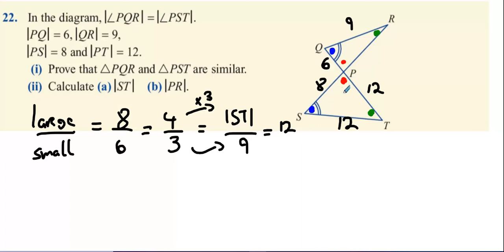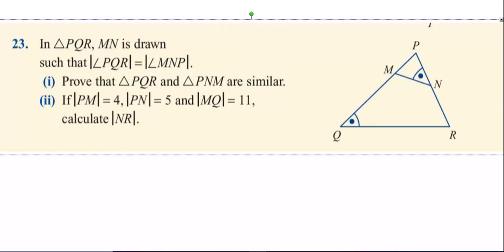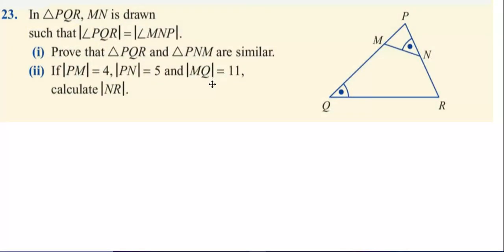What's PR then? Because it also has to be an isosceles triangle because they're similar. Is that alright? Done. Let's move on. Who got that one out? That was the easier one. Okay, good job. Now, 23. Big one equals small one, so let's